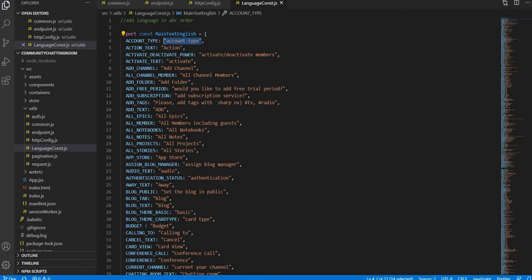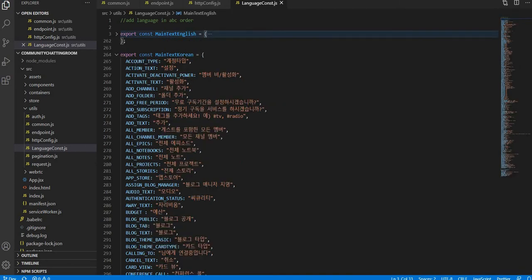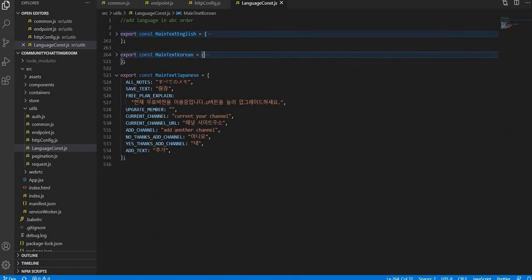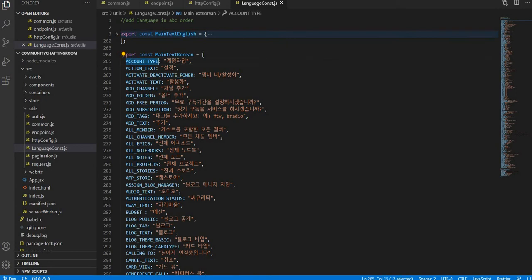And the same way, if you want to fetch that data, whichever one you added, here it is English account underscore type, right? On the other hand, under Korean you can see the same keyword used here, and this is the Korean version. Again, if you see the Japanese one, it is less, but we also have to maintain the same keyword, and we can follow that as it is.